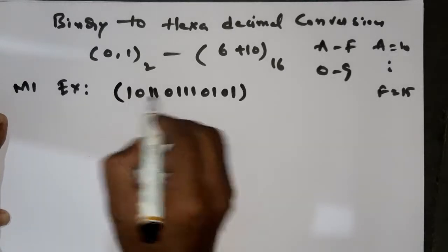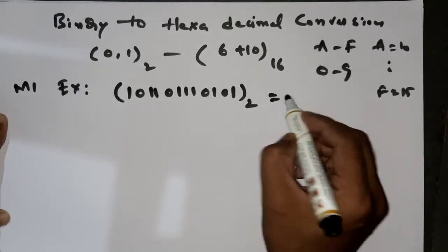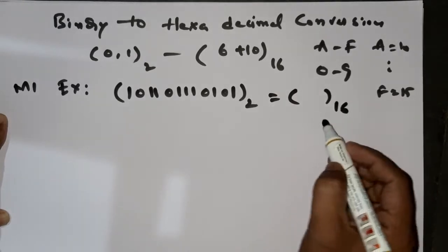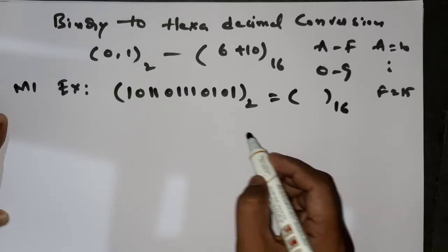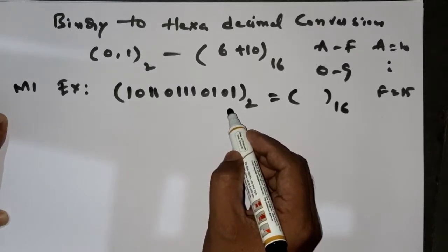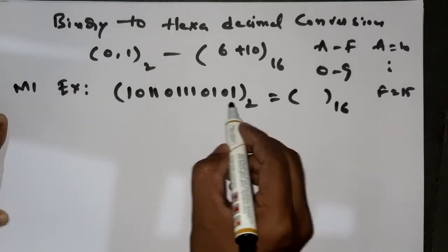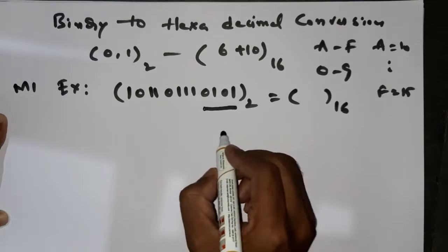This is a binary number. We have to convert this number to a hexadecimal number. The base is 16. In this method we make groups of 4 digits from the right side, like this. So from the right side 4 digits, make it a group. The group will be